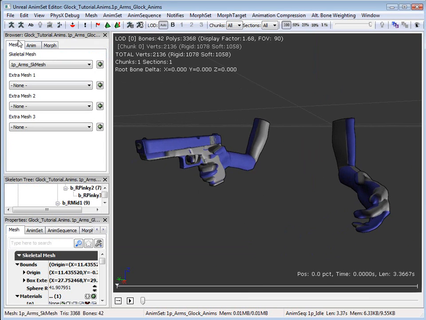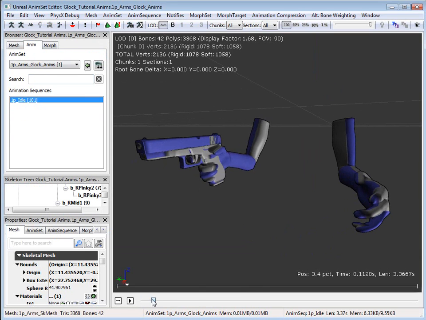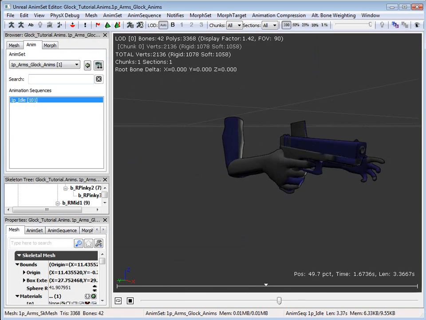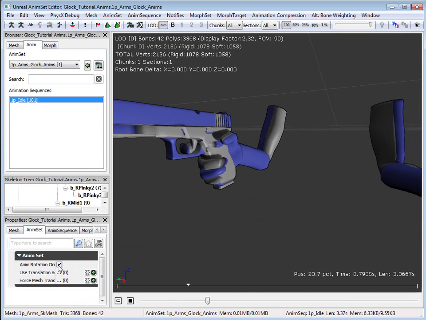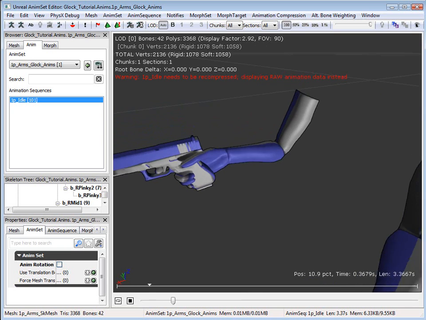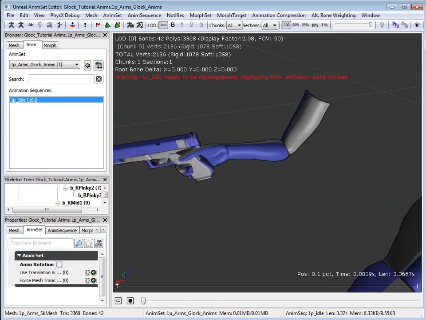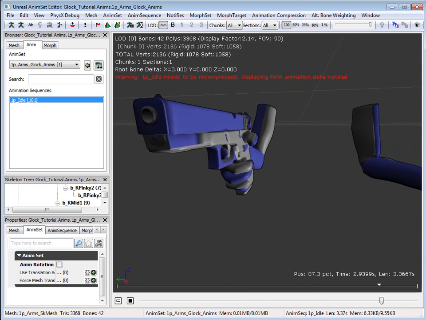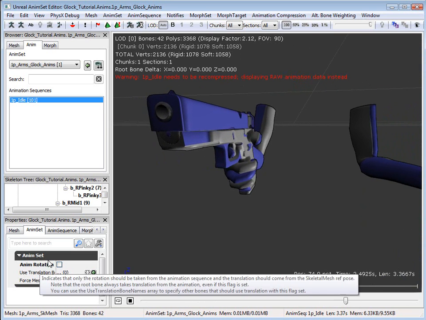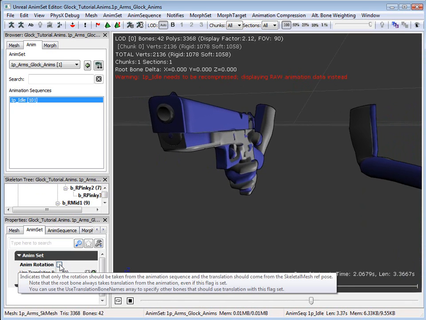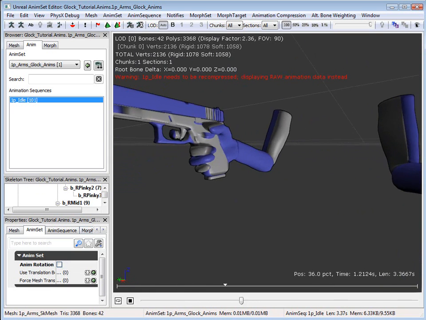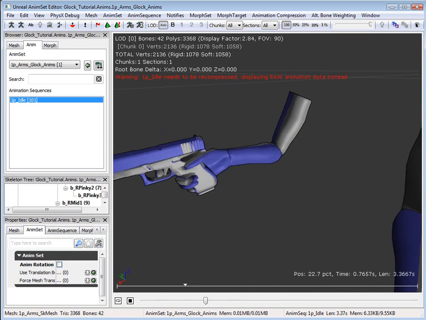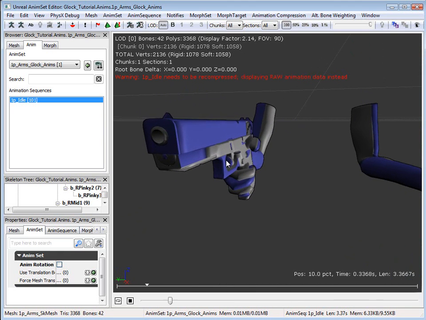I hit open. Now if I check here to anims and I hit play, you can see that the hand's moving, but the gun's not going with it, and that would be panic time normally, but really it just means that that weapon socket was not allowed to move. It was only allowing for rotational movement, not actual positional movement. So if you uncheck that anim rotation, and you pretty much want this always unchecked anyway, except for maybe a special circumstance where you know for a fact that you don't want something to move, or something's moving and you don't want it to. You can just say rotation only. But now you can see that in